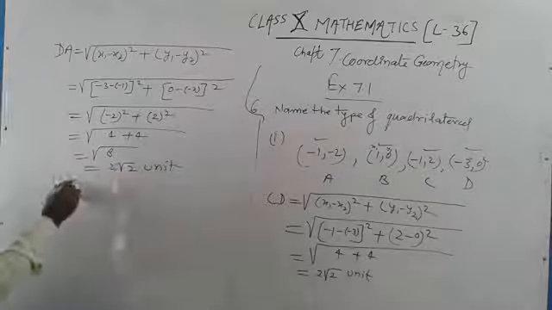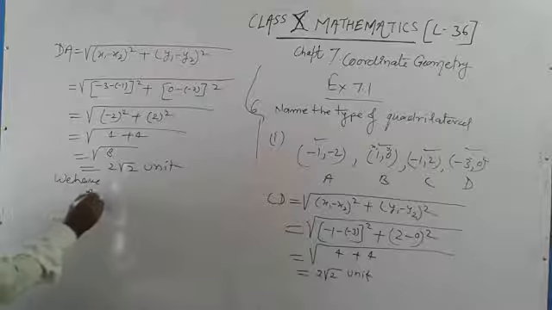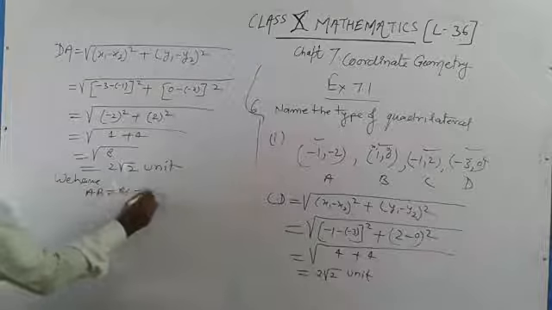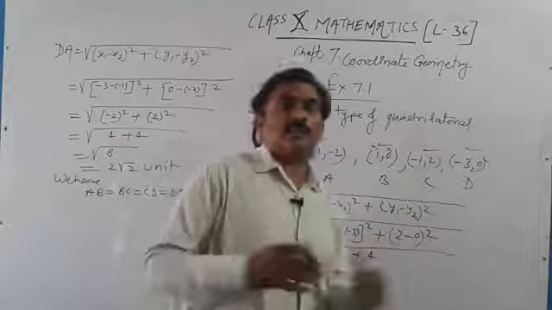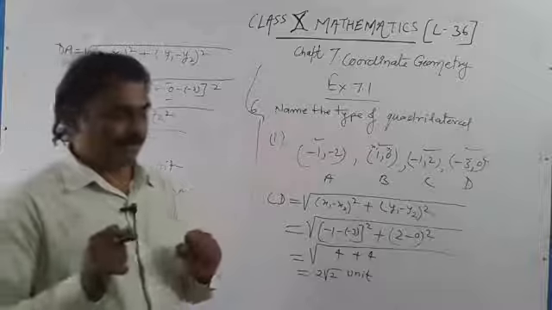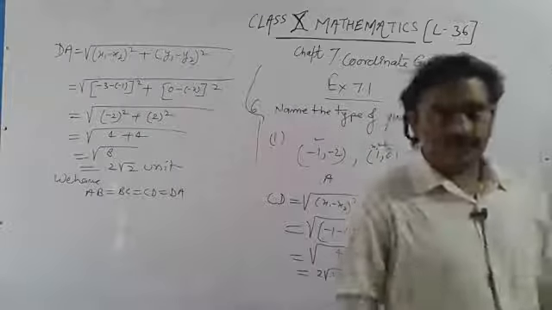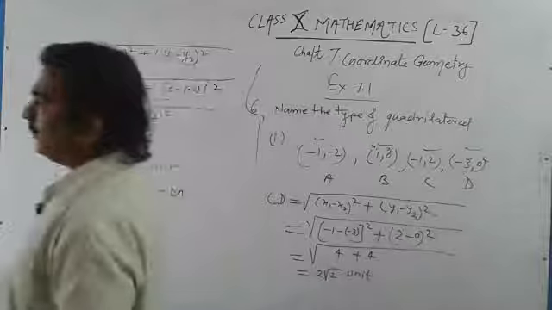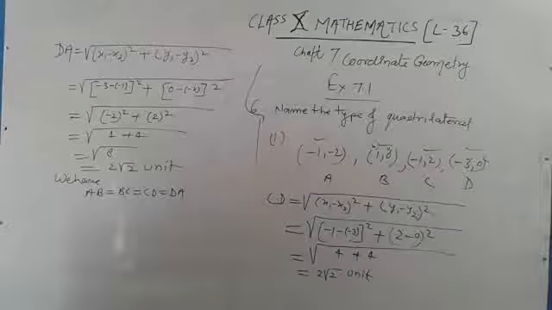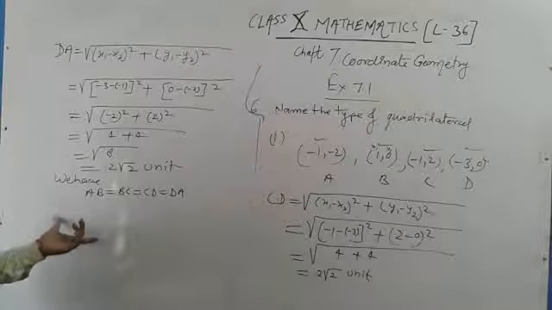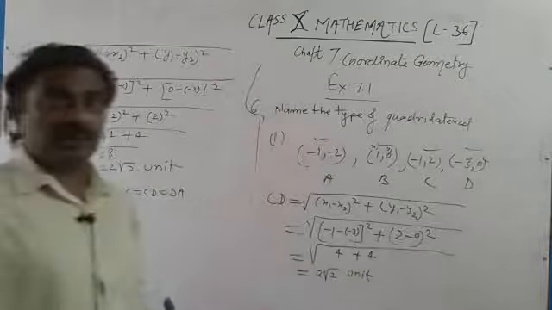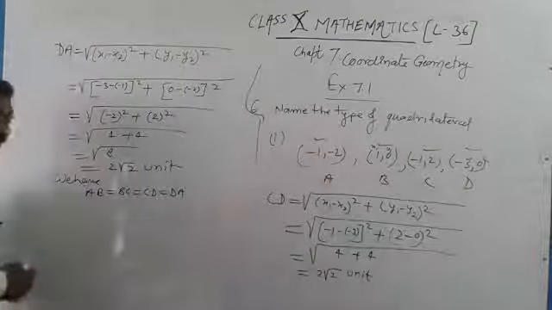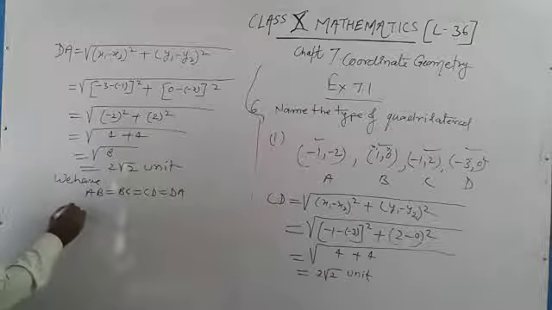So we have all sides equal, like AB is equal to BC is equal to CD is equal to DA. So students, here it is clear that all sides are equal. So it may be a square. Okay students, and you know, if all sides are equal, then our diagram may be square or rhombus. In case rhombus, all sides are equal. So here, if diagonals are equal also, now we have to test.